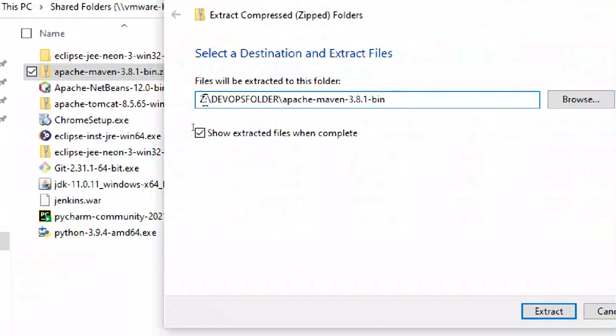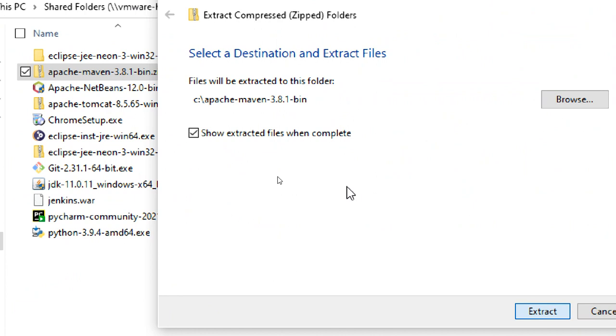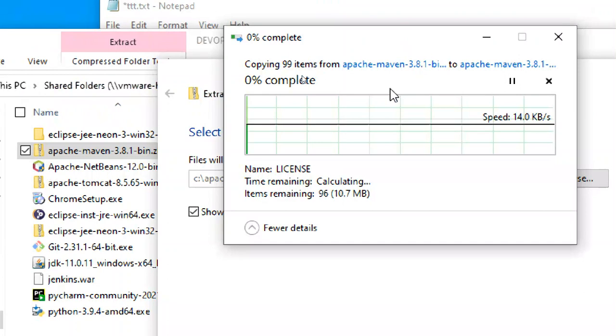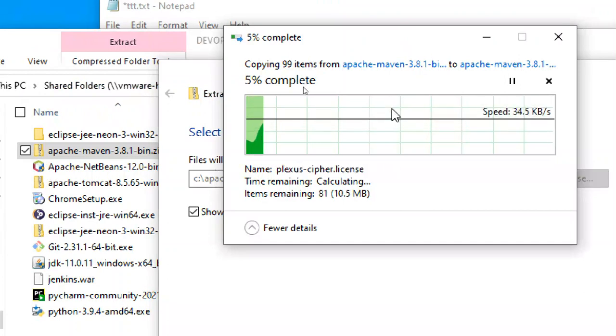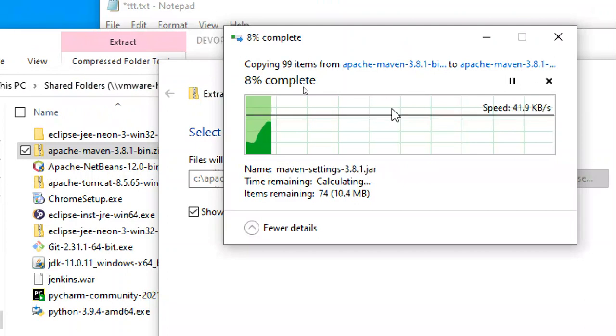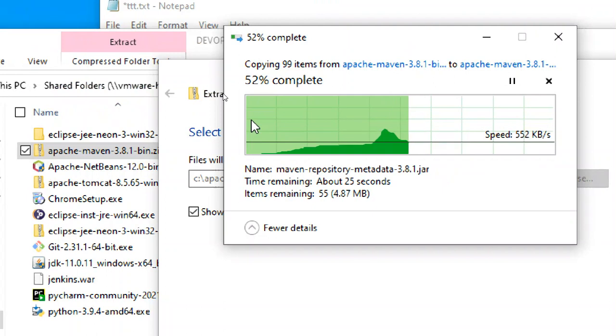I'm extracting everything into the C drive only, in general. So I put the C drive, remove this folder, everything. Okay, this is the C drive, extract. Instead of extracting in this folder and copying it, I'm directly extracting into the C drive from my Z drive.